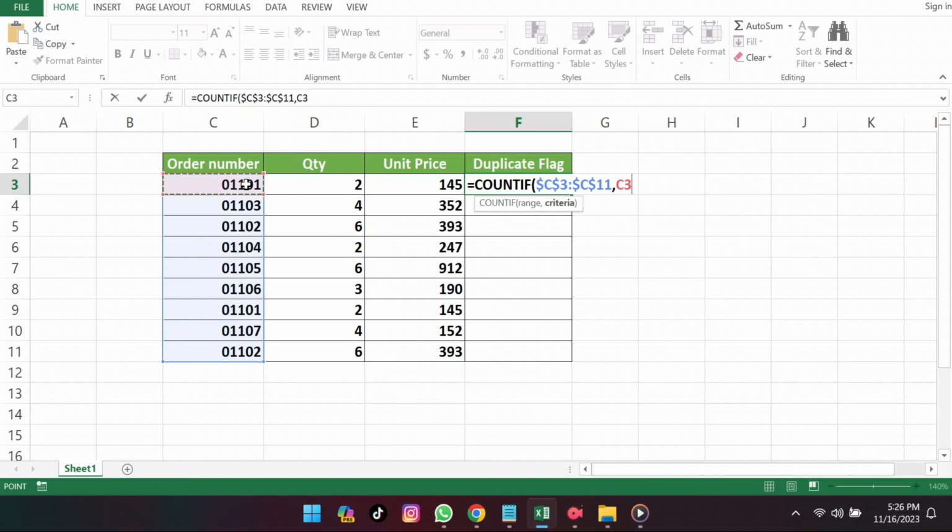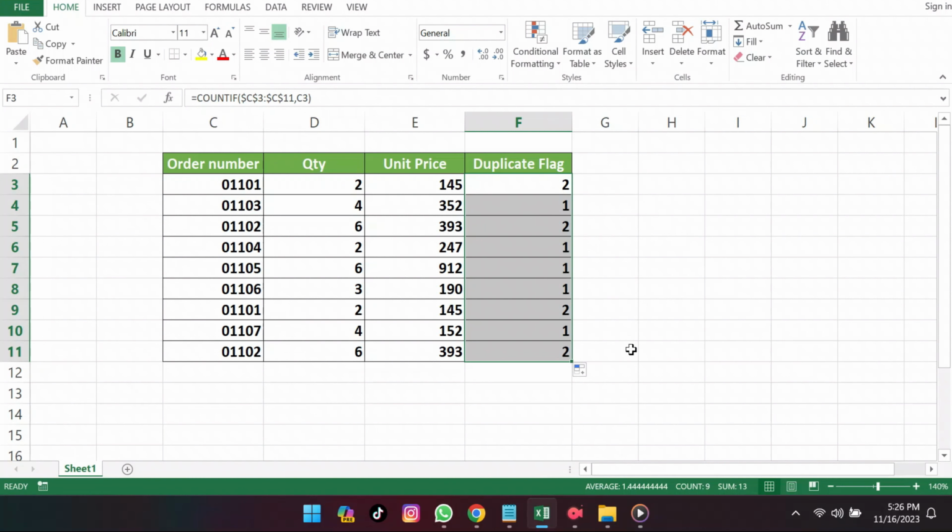Press Enter. Once applied, you will see in column F the frequency of each order number's occurrence. Entries with a count greater than 1 signify duplications. To visually highlight these duplicates, I'll apply a color to rows where the duplicate flag is greater than 1, typically